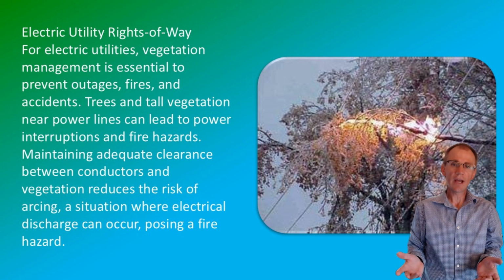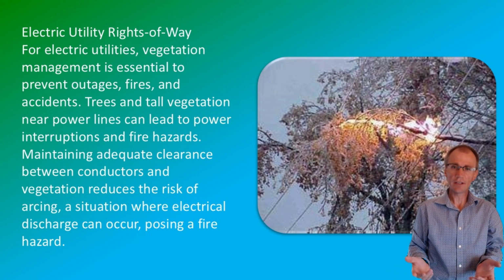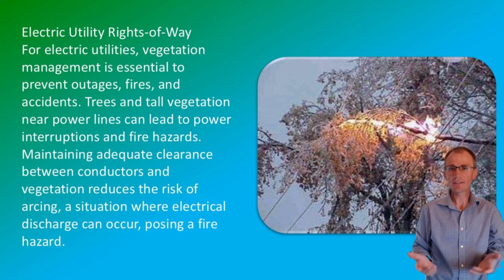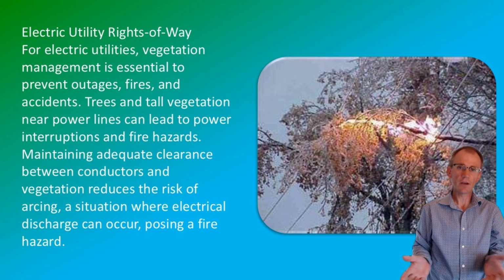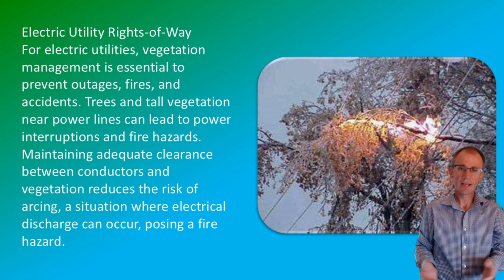Electrical utility rights-of-way. For electric utilities, vegetation management is essential to prevent outages, fires, and accidents. Trees and tall vegetation near power lines can lead to power interruptions and fire hazards. Maintaining adequate clearance between conductors and vegetation reduces the risk of arcing, a situation where electrical discharge can occur, posing